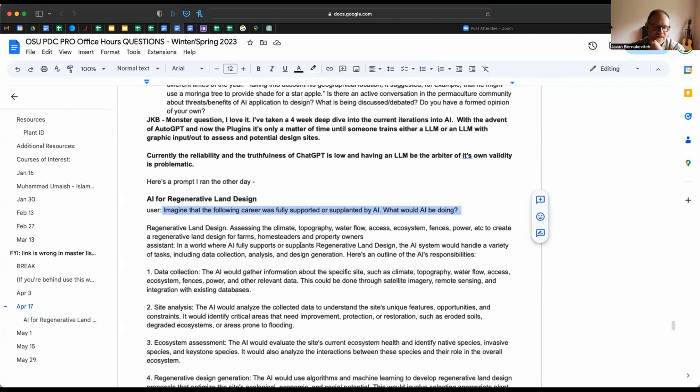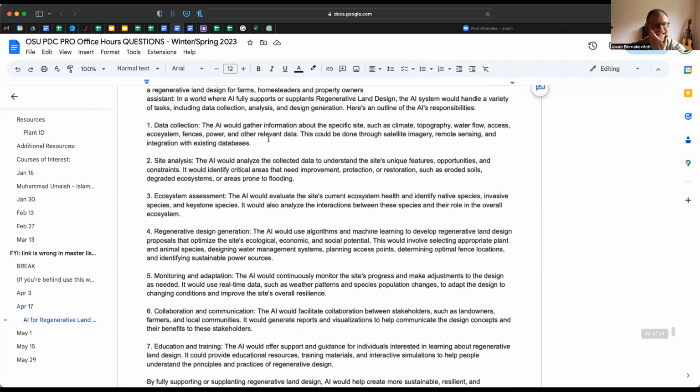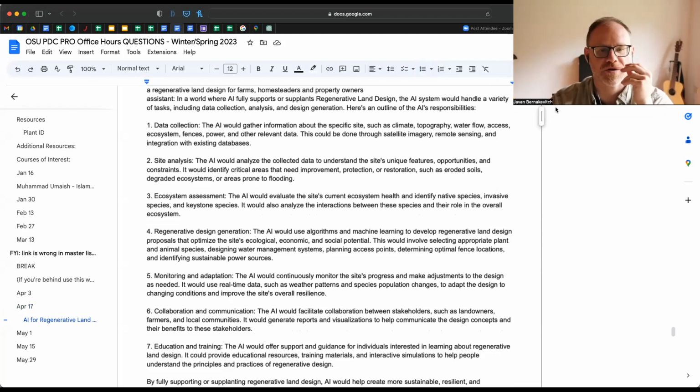World where AI fully supports or supplants regenerative land design. The AI would handle a variety of tasks. Data collection. Yeah, so I think the majority of you who have cursed the individuals who told you to go look for data would be more than happy to give that to an AI. And this week, I'm experimenting with it. I'm experimenting with asking it outright, both with an internet-enabled ChatGPT and a non-internet-enabled ChatGPT